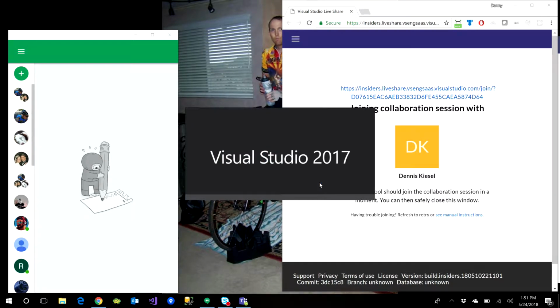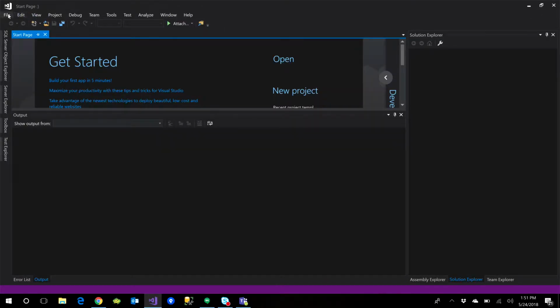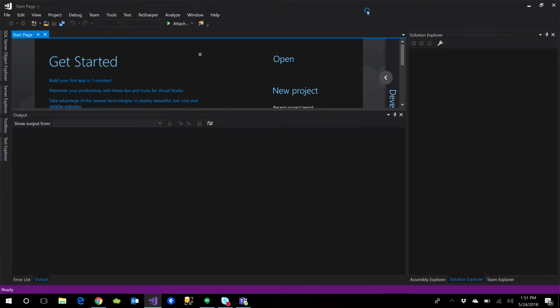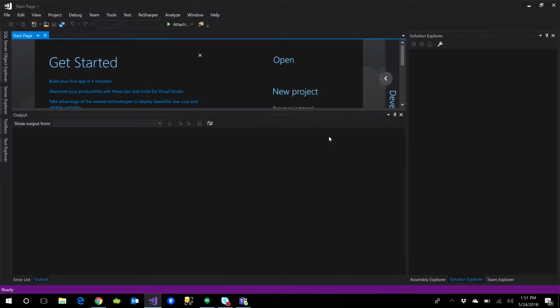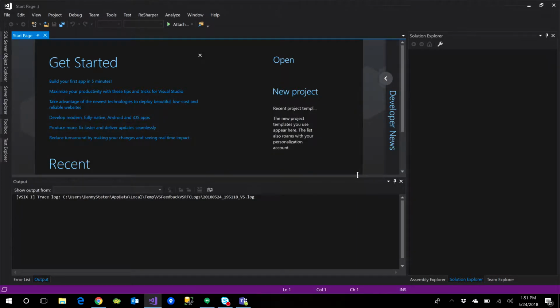The other option is if you copy that link, you can go into Visual Studio and just on the, I believe it's right on the File drop down, you can go right into Join a Live Share. It's Join Collaboration Session, and then you just paste the link in there. So you can do it either way once somebody sends you a link. So this is opening that session, and my computer's thinking about it. Give myself a little more space.